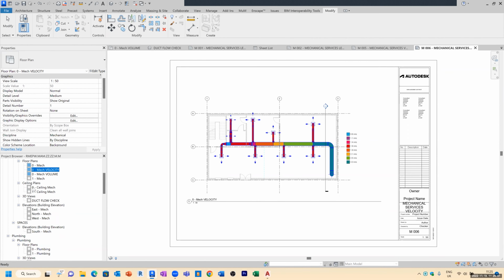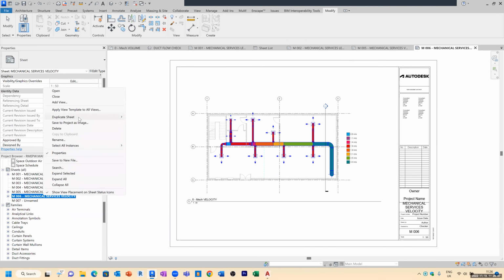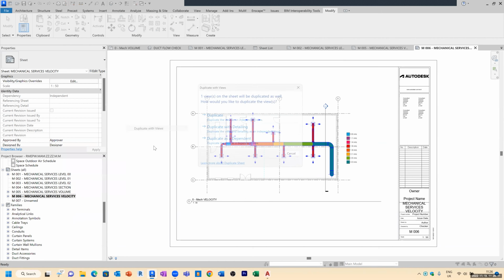So you can see views not on sheets here. That was a feature that's only just come into this version, which is really good. Another great thing of Revit 2023 is you can duplicate drawing sheets as well. So we can right click, we can duplicate sheets, same way as we duplicate views. And you can actually duplicate with